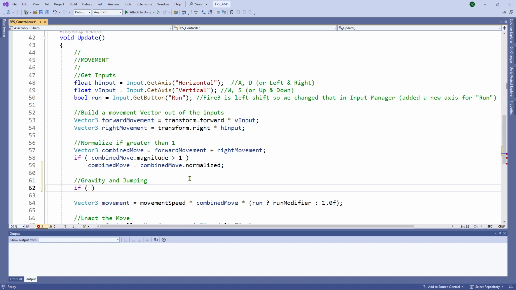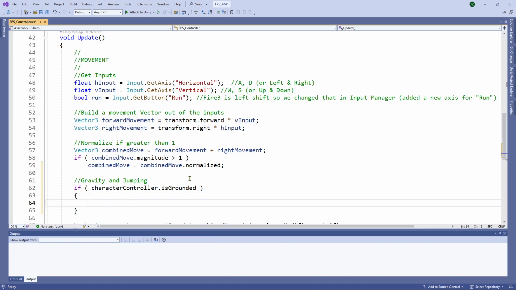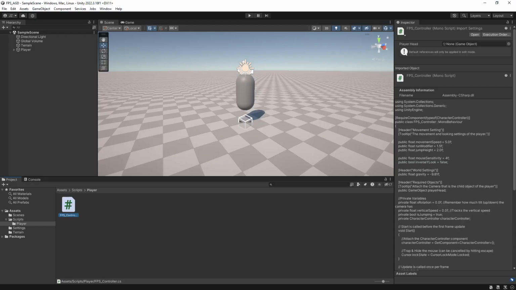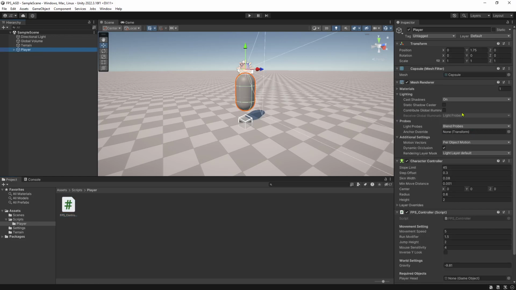So if, and now we're going to access that character controller, so the variable, the lowercase c, dot isGrounded. Now the character controller has a way of telling if the player is touching the ground. That's actually going to be something that we set inside of Unity. So isGrounded is referring to